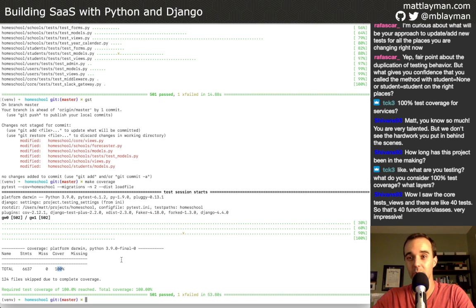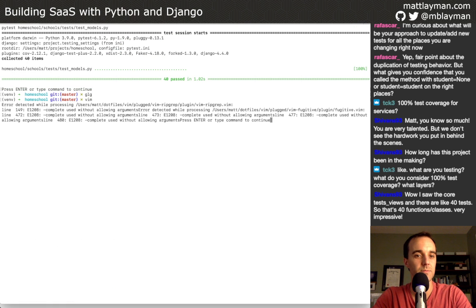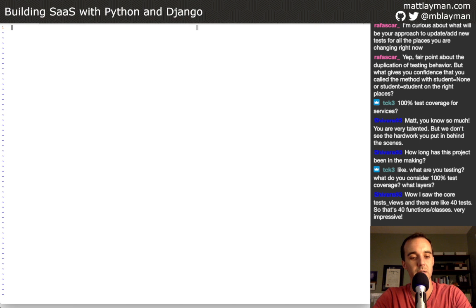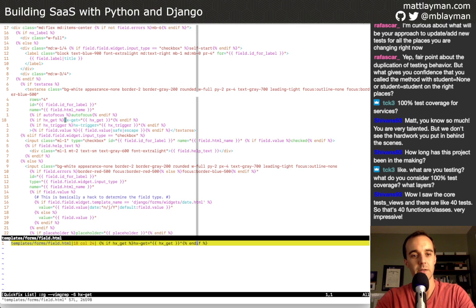I should probably, but in this project, I'm using HTMX. And where's a place where that exists? There's a couple of places where I'm using HTMX, which is a pretty cool tool. Here's one. And there's a bunch of template logic that I probably could or should test.